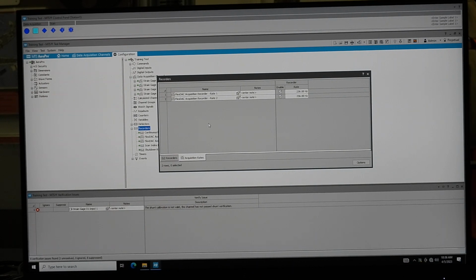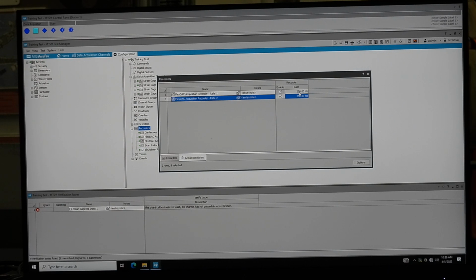So what the hardware can do, and then set your recorders appropriately underneath, up to that limit within the test itself. The other thing, rate 1 and rate 2, this is kind of a holdover from Aero users. I think rate 2 is going to be removed at some point in time, so I wouldn't be dependent upon using it at all. I would just base yourself on rate 1. It was for when people wanted to do two different acquisition rates within a test without having to set up different